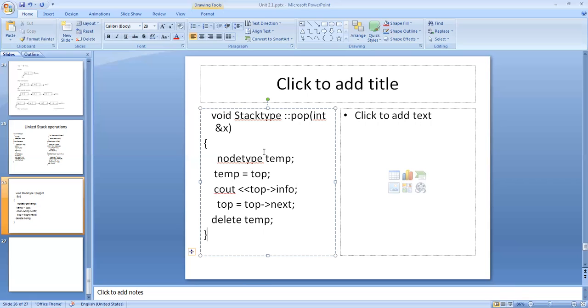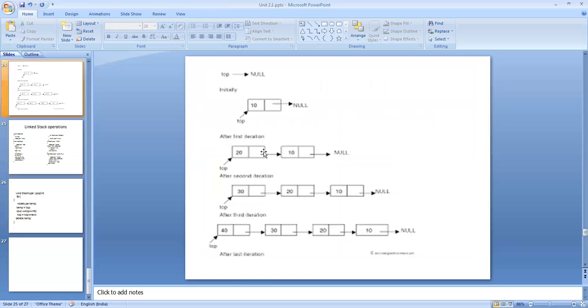See, look at this example again. I want to remove this node. If I simply say this node is pointed by top, if I say delete top, then it will be removed. Then the next connection for this one is cut off. That is not desirable. Same is the case here. So if I delete temp only, of course this node will be deleted, but the connection for these nodes are coming from only this node. By removing this node, connection for these things are cut off.